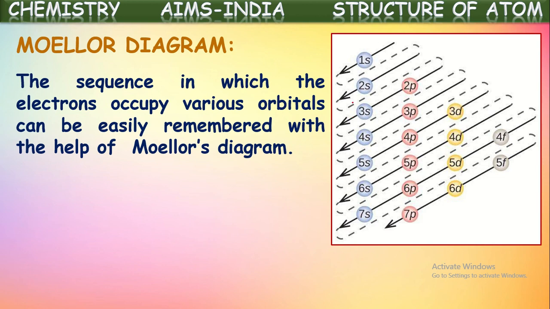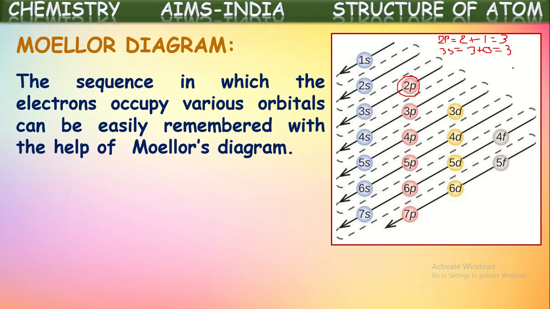So this is the increasing order of energy we can consider, because if we consider the n plus l values, it is an increasing order. And as it is told in the second point, if we observe the n plus l value for 2p, what do we get? n value is 2 and l value is 1, isn't it? So n plus l value will be totally 3 for this 2p orbital. Whereas if you see for 3s orbital, n value is 3 and l value is 0 because it is an s subshell. Total it becomes 3 here also.